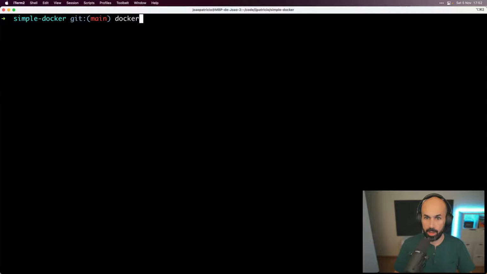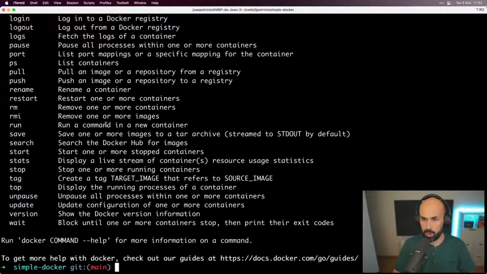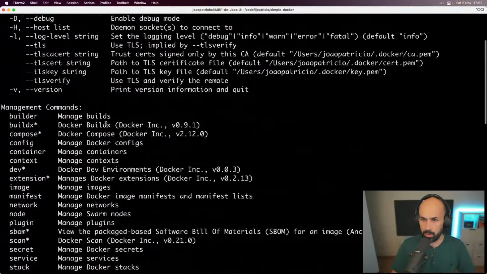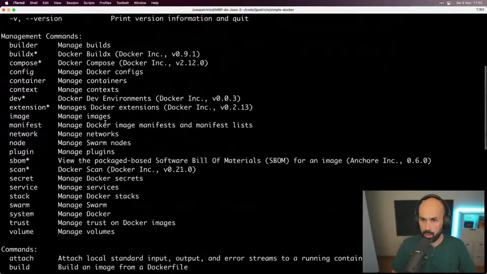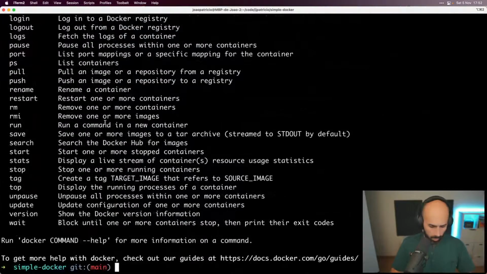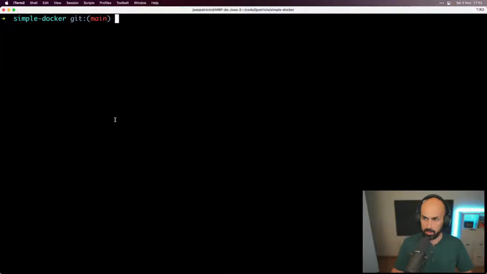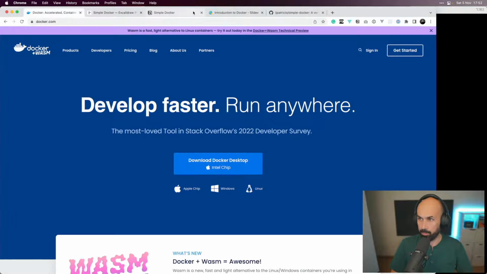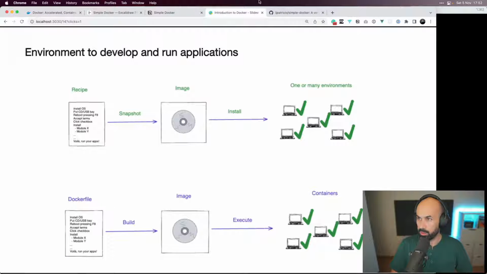There's a command we can run. It's called docker, and there is much to go around. So let's take it one step at a time. Let's just see in relation to our analogy, we have Dockerfiles, images, and containers.